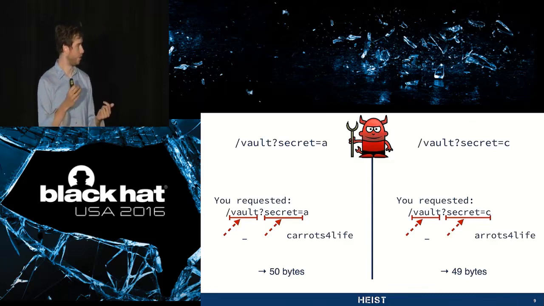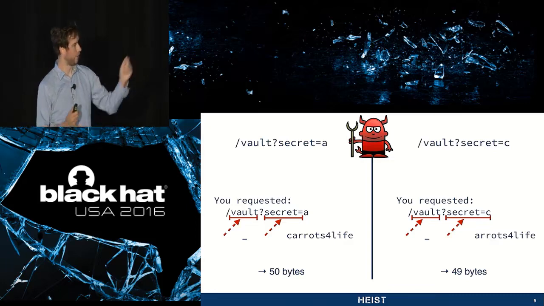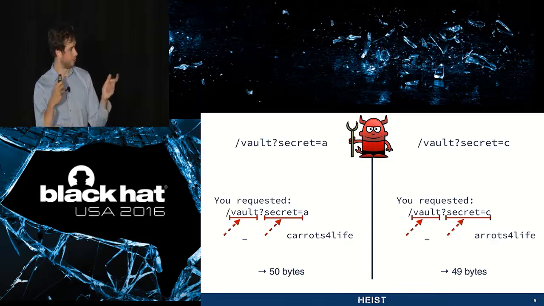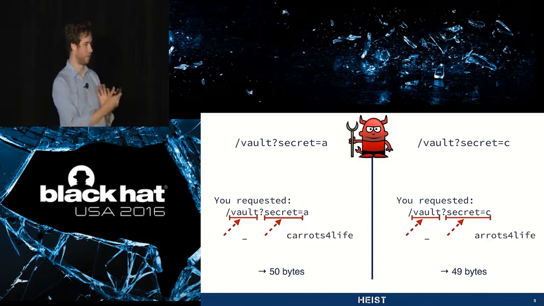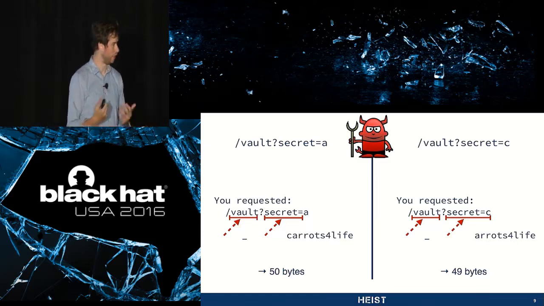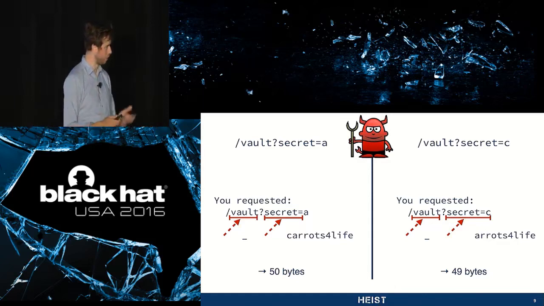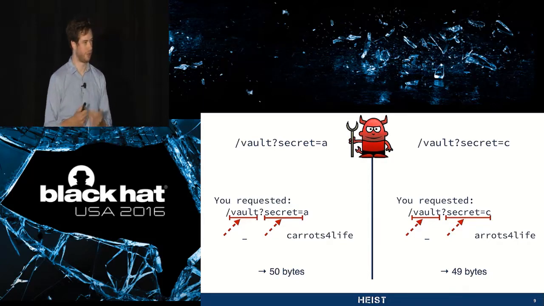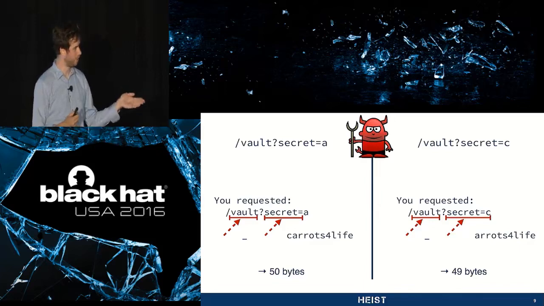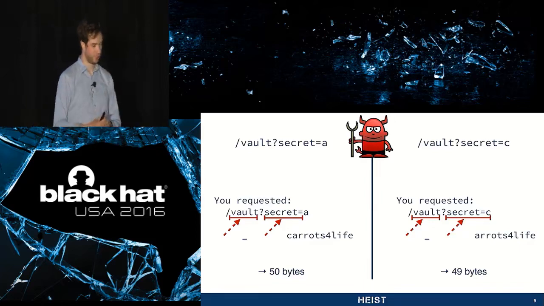But because the character following the equal sign in the vault secret there is a C, and the attacker tried to guess an A, that doesn't get included in the back reference. So the resulting resource size there is 50 bytes,